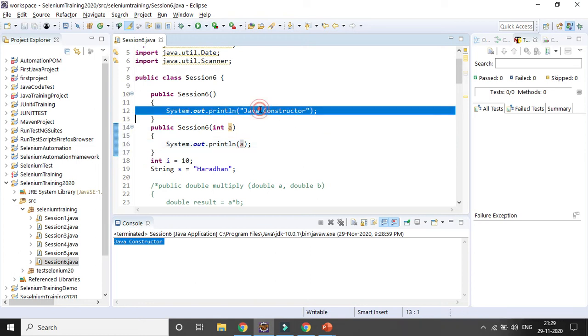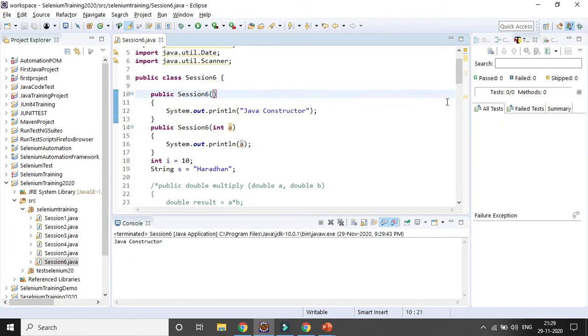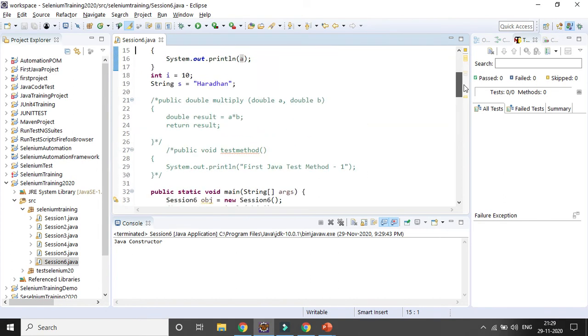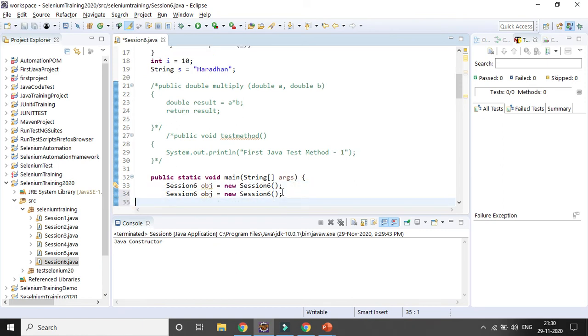First, only that constructor will be called because here we are not passing any variables. Now for the other constructor, if you want to create an object or instance, you have to pass some variable at the class level, because that constructor takes an argument. So you have to create another object or instance where you pass a variable. I am passing 10, and you need to give a new object name, because multiple objects cannot have the same name.